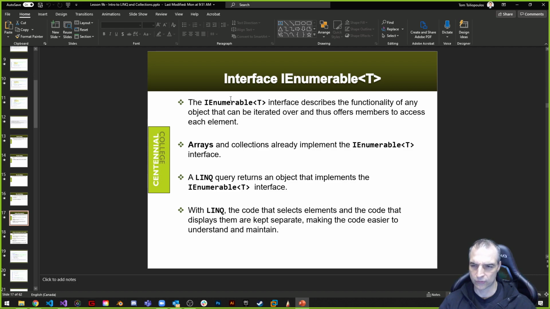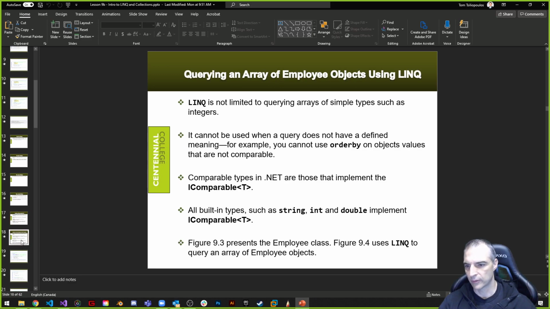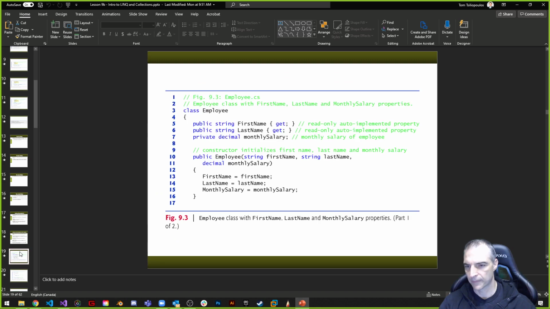IEnumerable describes the functionality of the objects that we get back. That's what happens, right? But sometimes what we want to do is convert them into an array or a list. Here's an example of